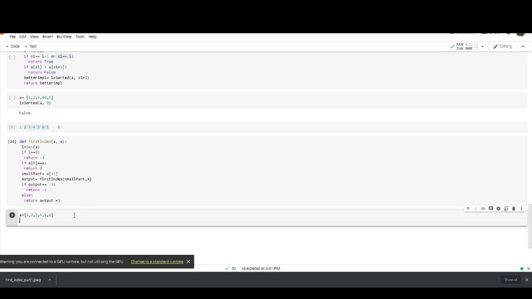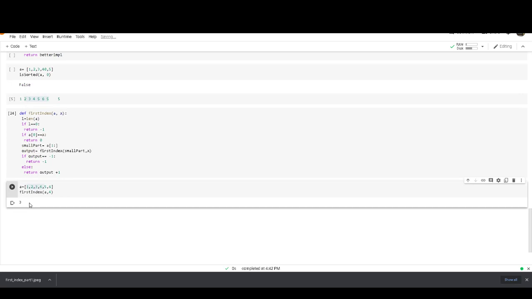But what we need to do first: index of a comma, if we want to find 4 from the list, 4 is 0 1 2 3. Okay, so we got a 3 as an output, and that is an expected output.